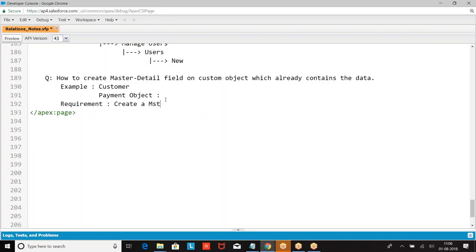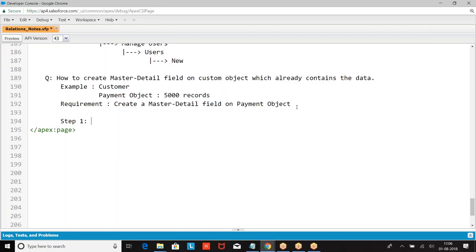Create a master detail field on payment object. But this payment object has 5,000 records. Create a master detail field on payment object. So how will you do that? Step number 1. Can I create a lookup field on this object? Can I create a lookup field?